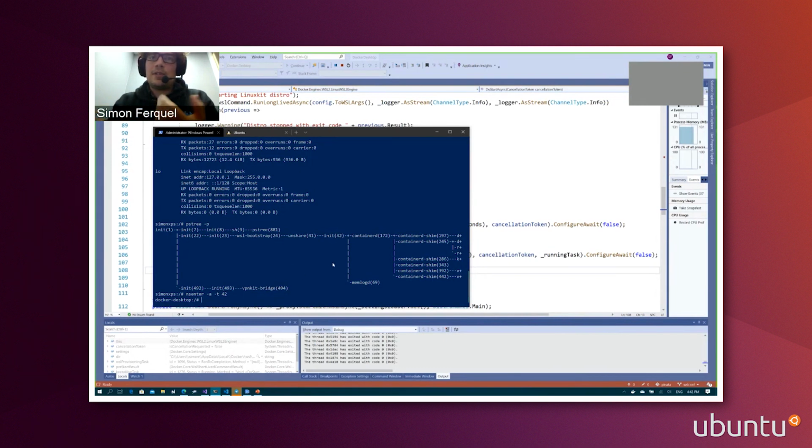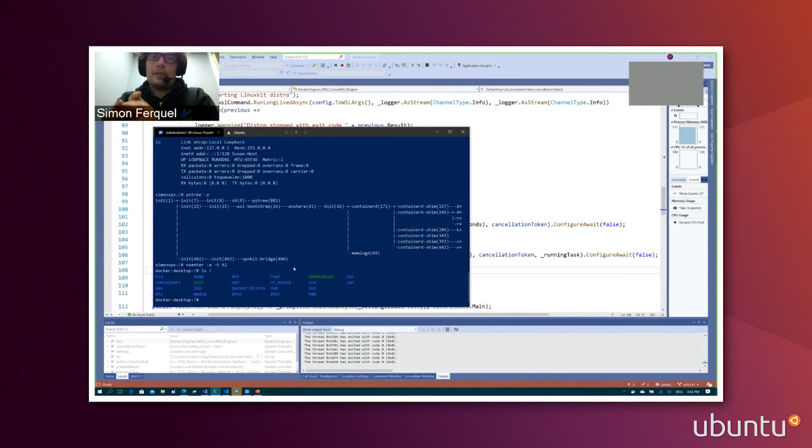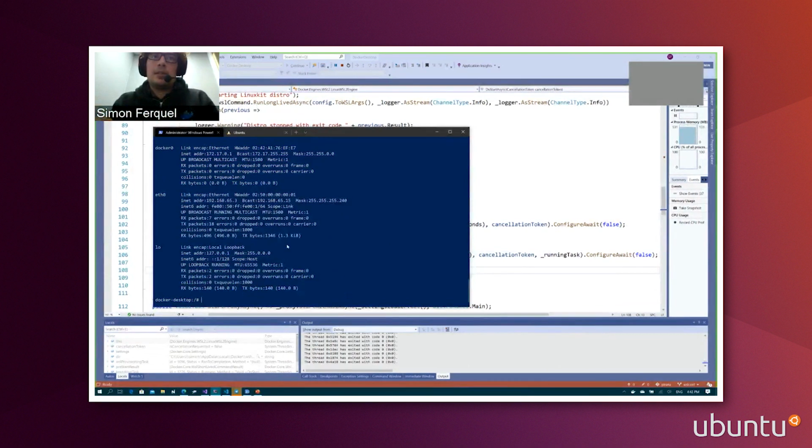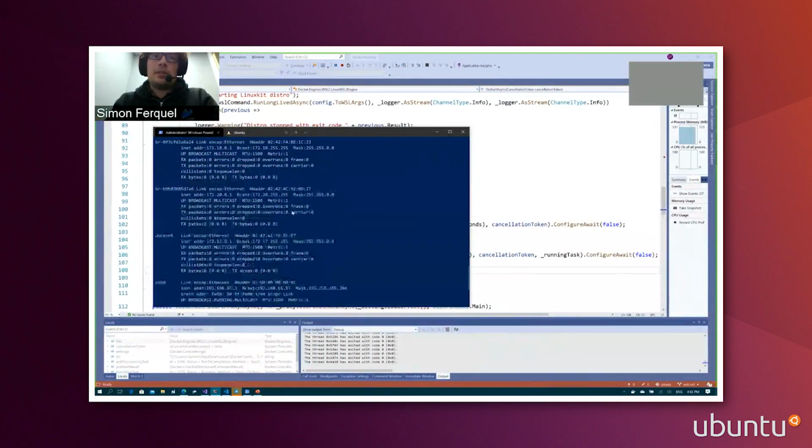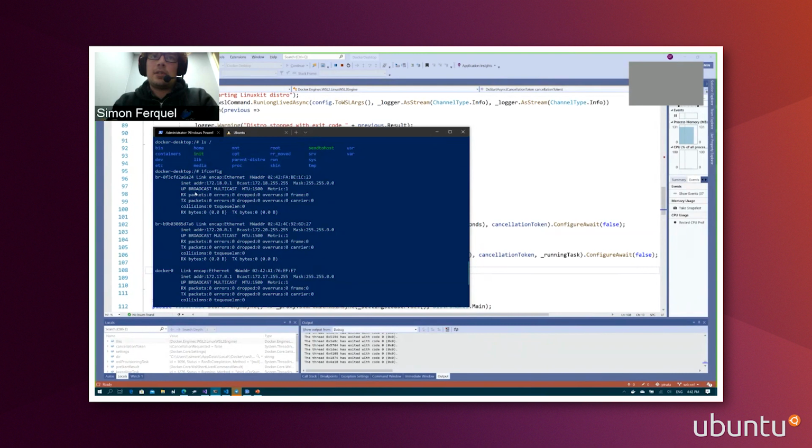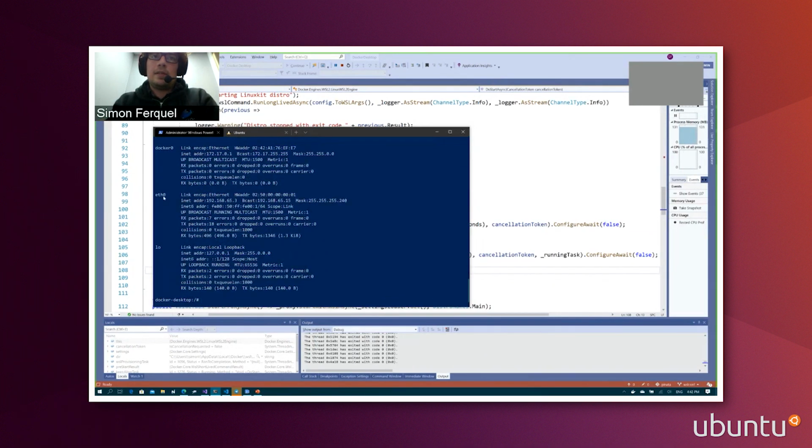So within this namespace, we have a different host name. We have this root directory that I showed you before. And if I do an ifconfig, you can see that we have different interfaces. We have interfaces for Docker networks that I created before, and the ETH0 has not the same IP. Actually, if I show you